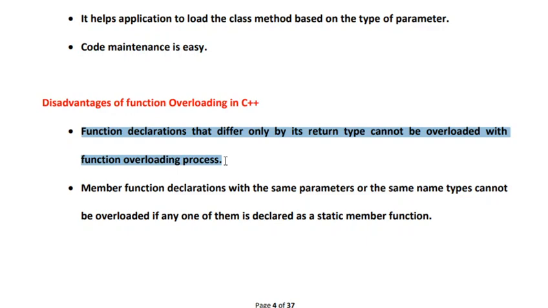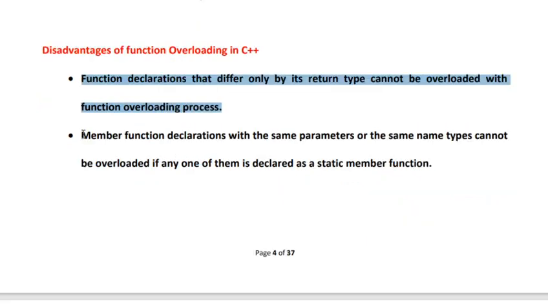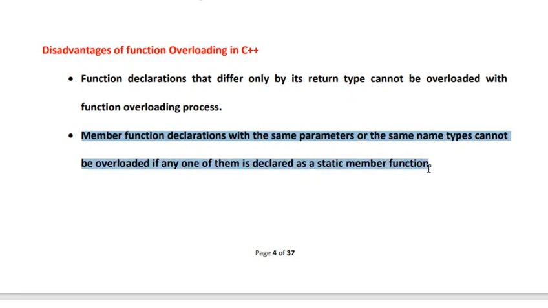Function declarations that differ only in the return type cannot be overloaded using the function overloading process. This is an important concept one needs to remember. Function declarations that differ only by their return type cannot be overloaded. Now the second disadvantage is that member function declarations with the same name and parameter types cannot be